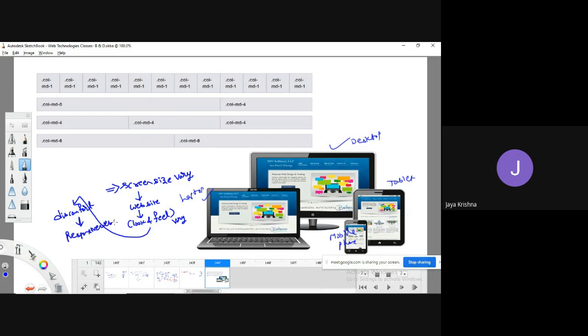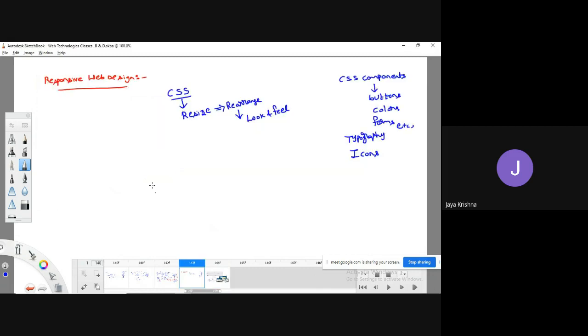In a responsive website, the elements are going to rearrange in an effective manner, meaning that they won't overlap. There may be some kinds of problems whenever we resize the browser, but those problems won't occur again if the designed website is a responsive website. So that is the advantage of responsive web design.